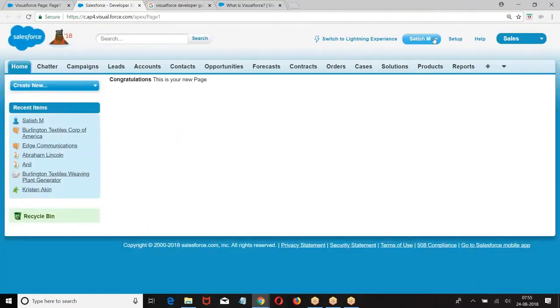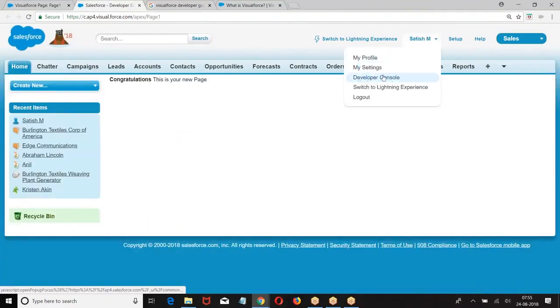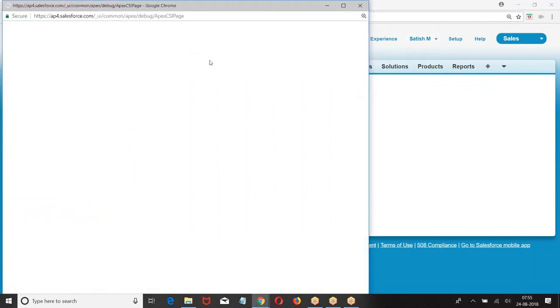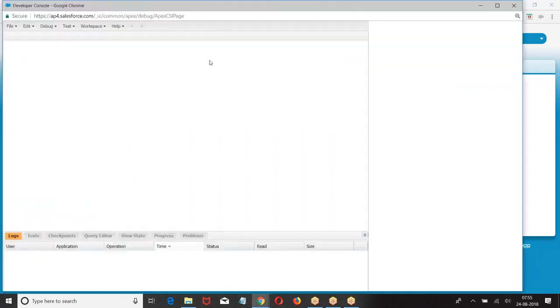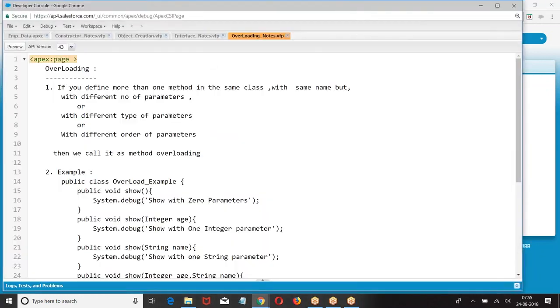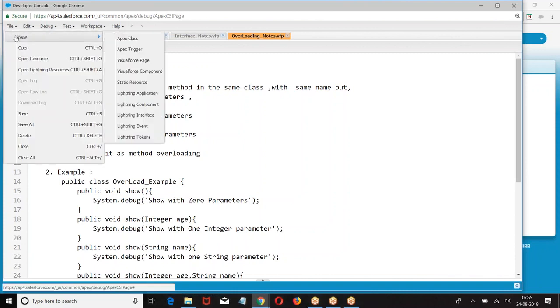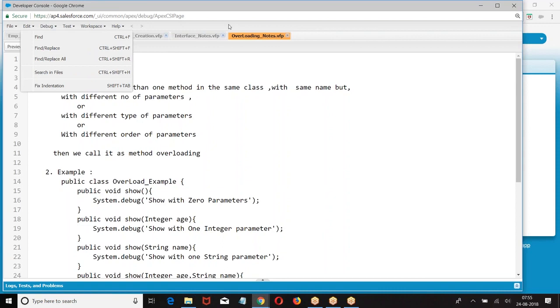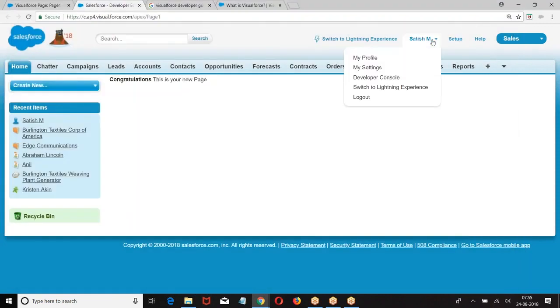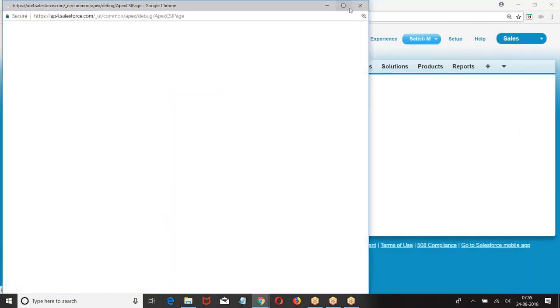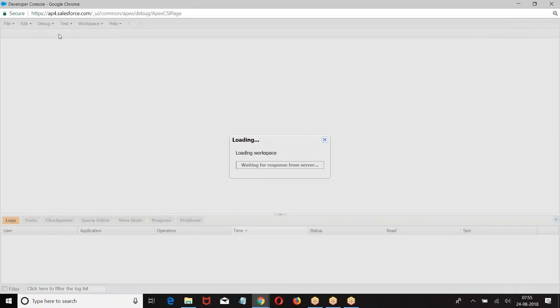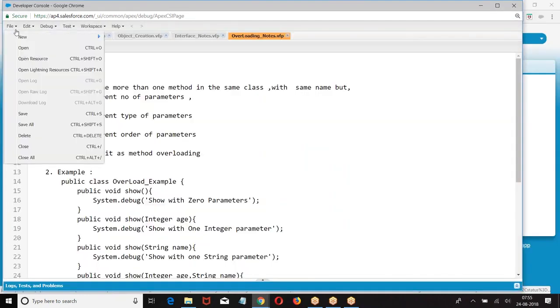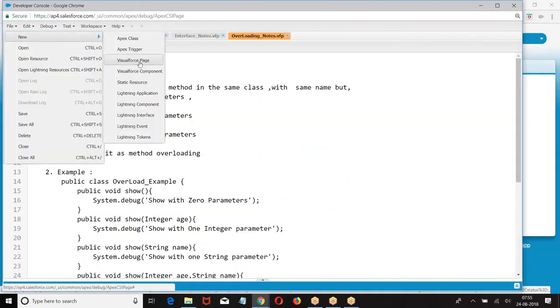Now look at this. Username, developer console, file, new.